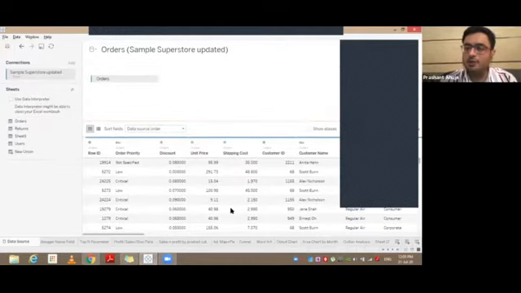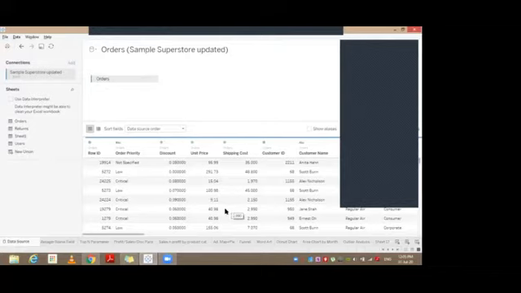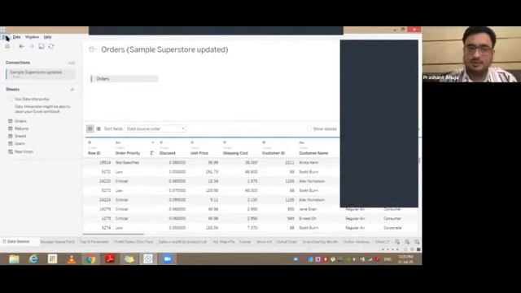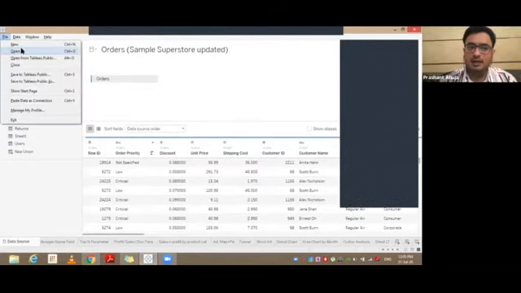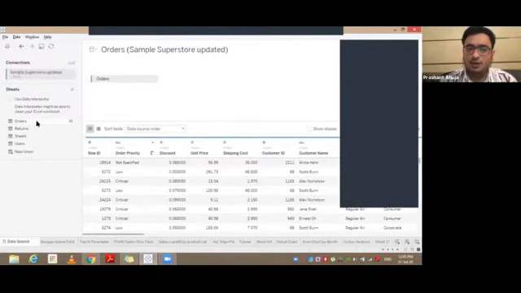That's how the data would be reflected. So we should first select the superstore and then orders must be dropped there. First of all, you add the file. Once it is added, the various tabs would appear here, and then you need to pick up one tab and drop it here. And that's how all of the data would come into this Tableau file.